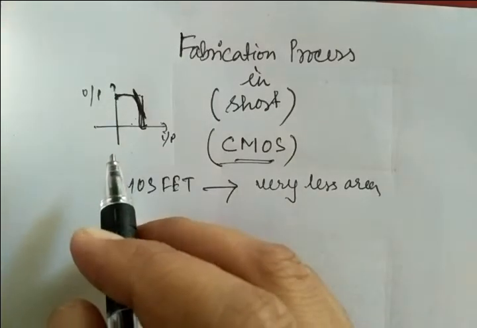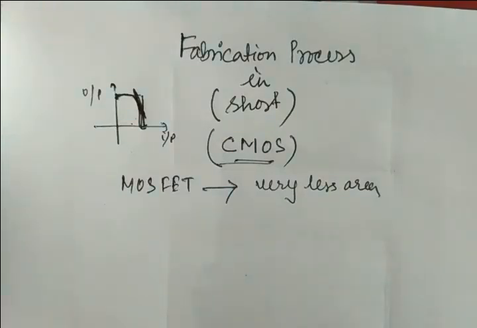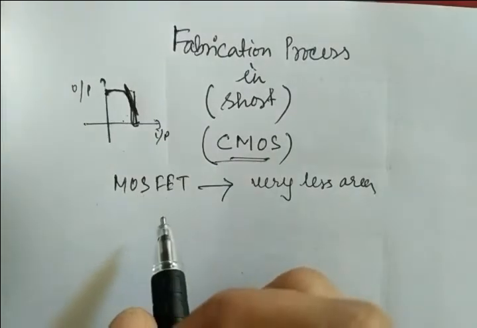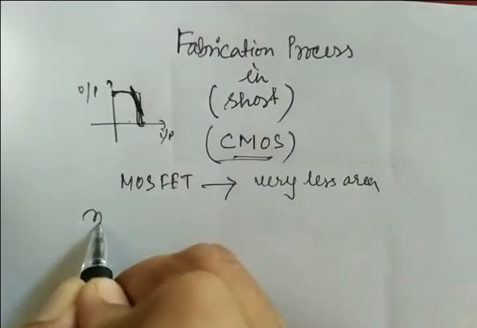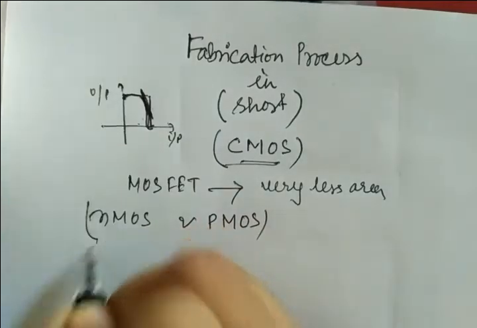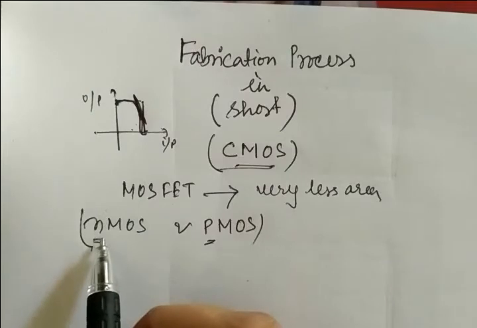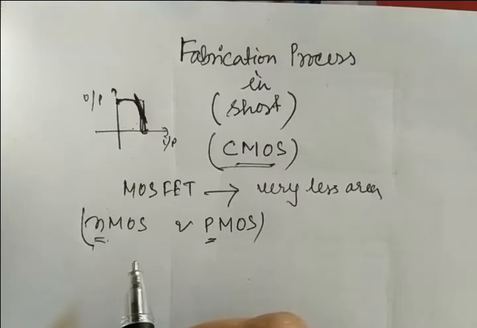So these kinds of discussions are kept for my next class, but in today's class we have to know what the different steps are, and what processes are included in the fabrication steps, right? So MOS, we all know, this metal oxide semiconductor, is of two kinds: one is your NMOS and one is your PMOS. We all know that. And what is N and what is P? Because this is n-channel MOSFET, you should not have any confusion regarding that.